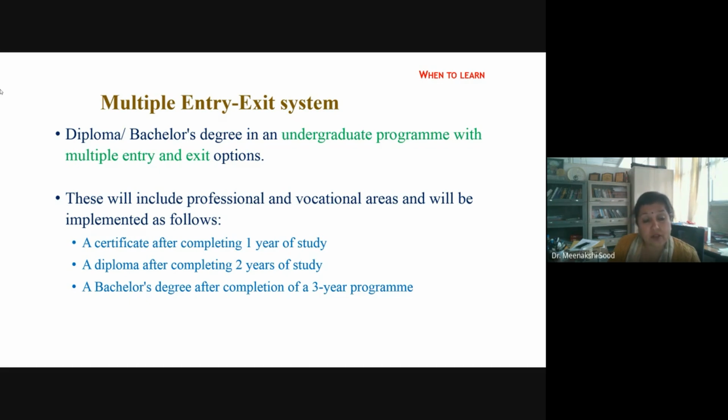So the present scenario is, if a student enters a 3-year course, degree or diploma course, or